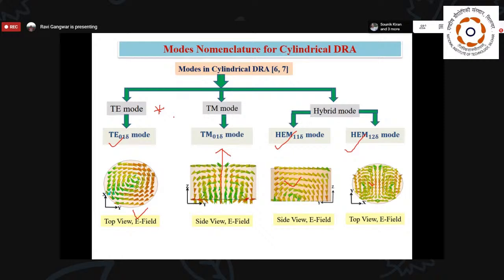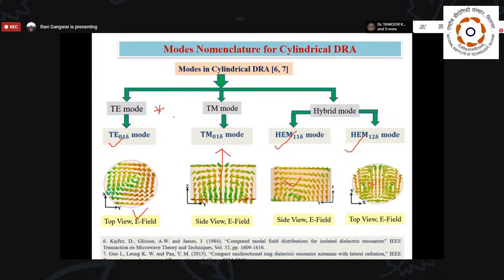But in the case of the TE mode, we are going to get some tilting with respect to the direction of the broadside conditions. So which mode you excite is going to decide the kind of radiation pattern you will get in the case of your dielectric resonator antenna. Whenever you decide on any application, you have to decide what kind of shape you are going to select for the DRA, and then which mode you are going to excite.